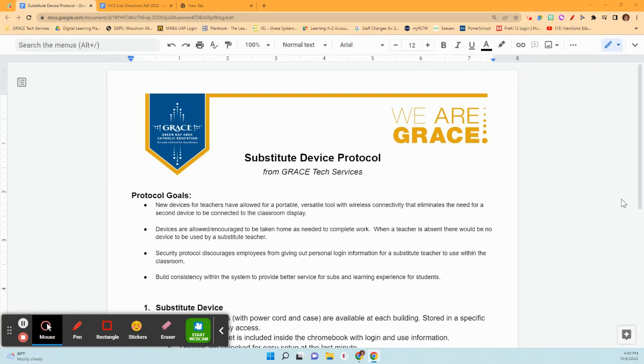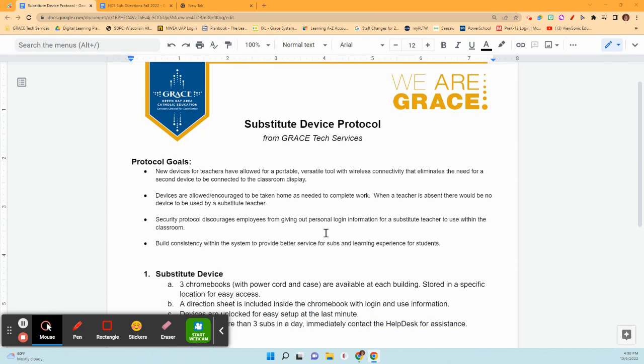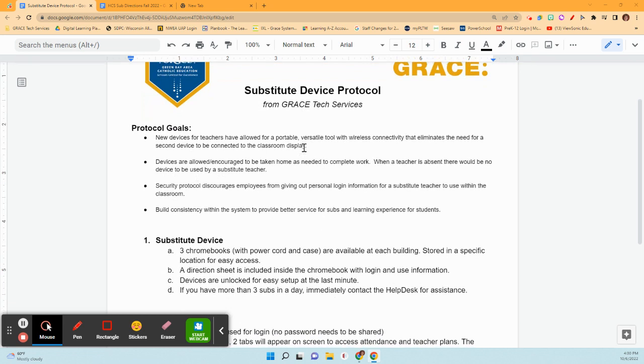I'm here with you today to introduce to you the new substitute device protocol that the Grace Tech Services has created. The goals of this protocol, as you can see here, came about due to some changes in what we have for equipment. Number one, the teachers now all have laptops that are portable and versatile tools for them to use that are wireless. It eliminates the need to have a second device to be connected to their classroom display